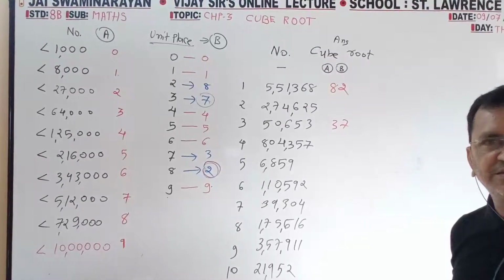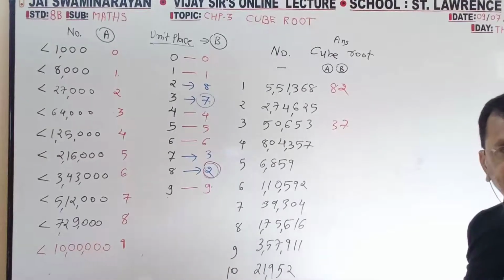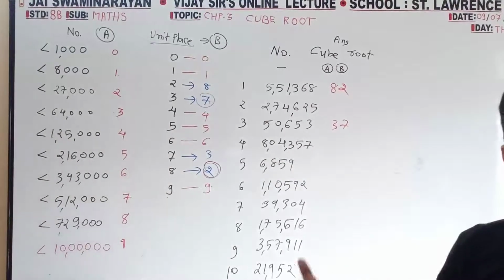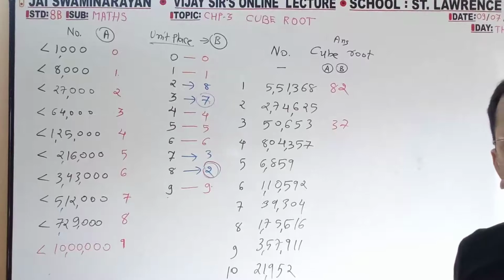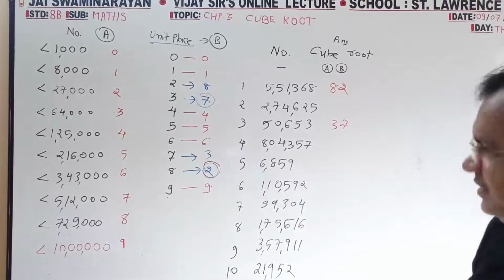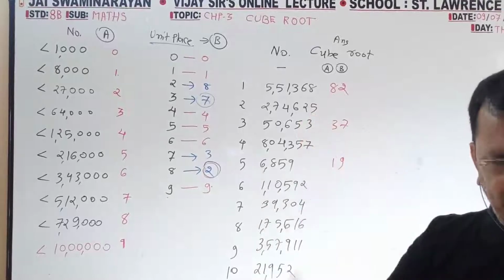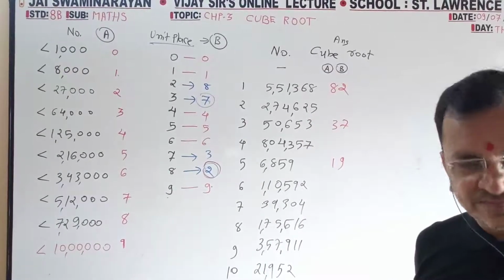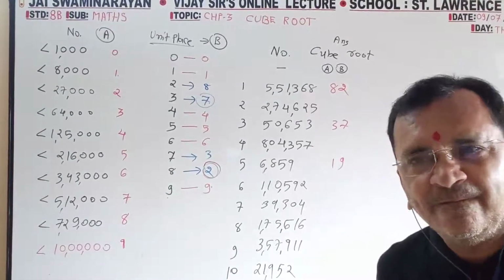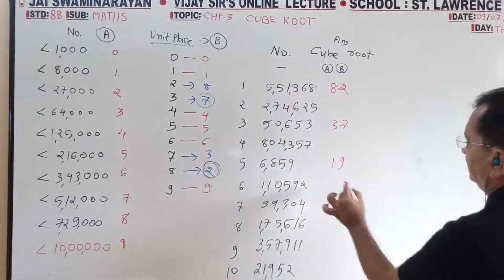Number and answer. Fourth answer, fifth answer, tell. Very easy. Within 1 second you can judge because the tables are in front of you. Fifth one. 19. Very good. What is your name? Anmol. Next. Sixth one, how much? Very good. What is your name? Kajal Singh. Very good. 48.